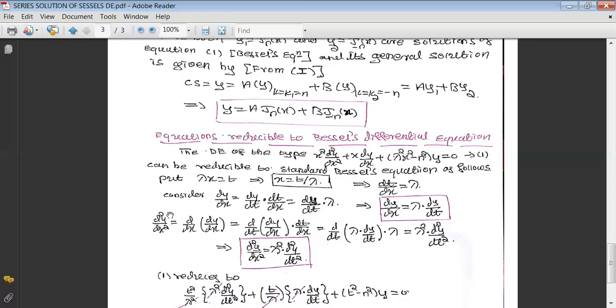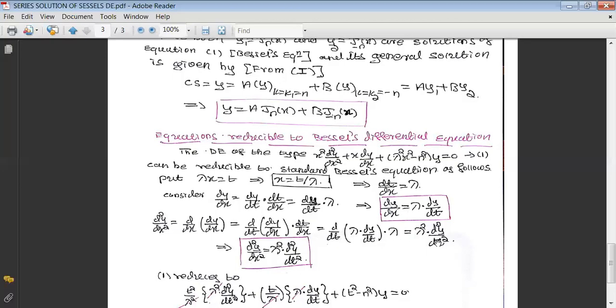In the similar fashion, we have to find the value of d square y over dx square also. Now, d square y over dx square, that is second derivative, can be written as derivative of the first derivative. And again, according to the chain rule, we can write it as d by dt of dy by dx, then dt by dx. Then this d by dt we have written as it is, dy by dx, we already know its value is lambda into dy by dt, and dt by dx, again it is lambda. Lambda into lambda gives you lambda square.